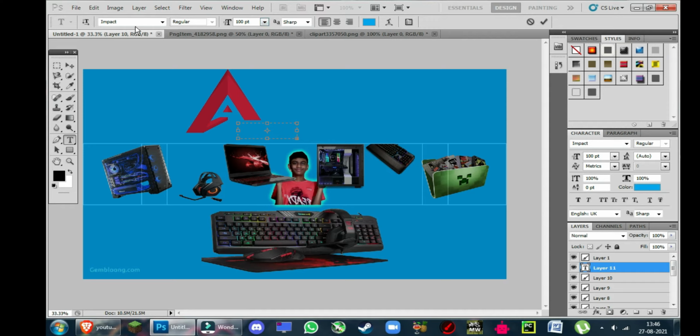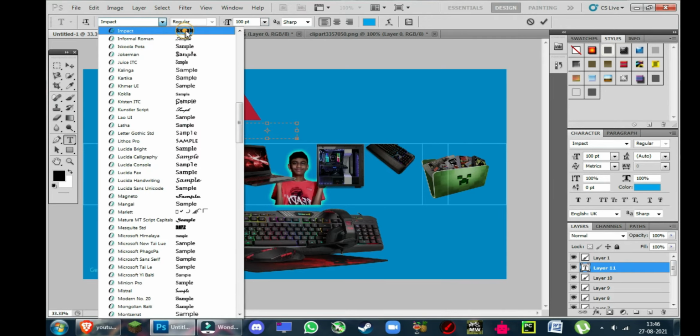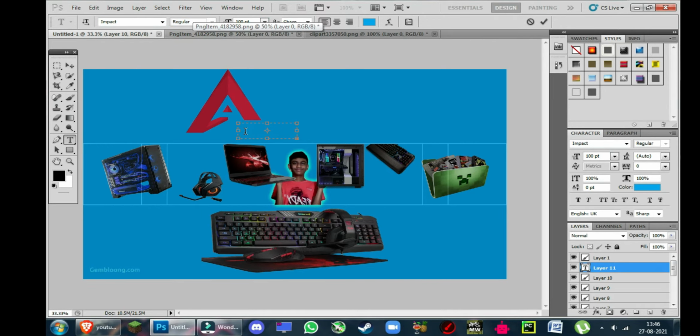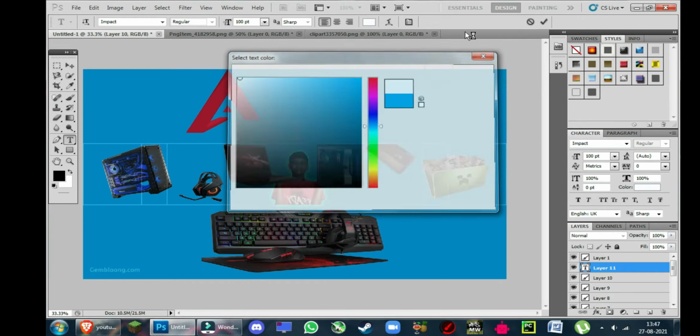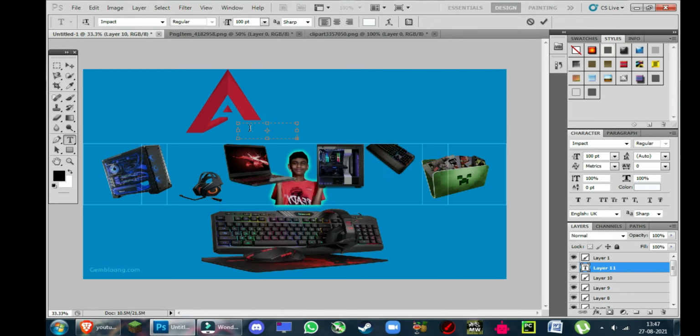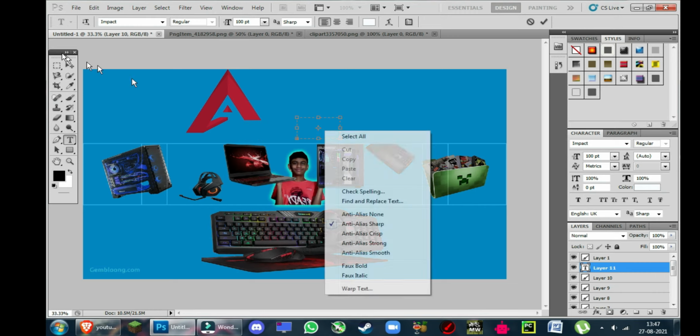It looks fine and decent. Then if you want you can add even more PNGs and images, such as this one. I'm going to add it just for style. You can add any number of things because the banner is very big in format. Like this, then click enter. This looks very nice.